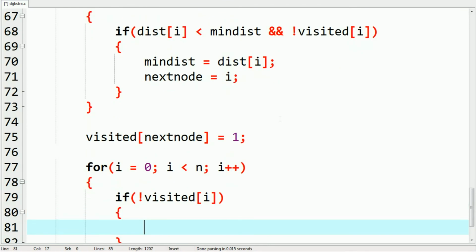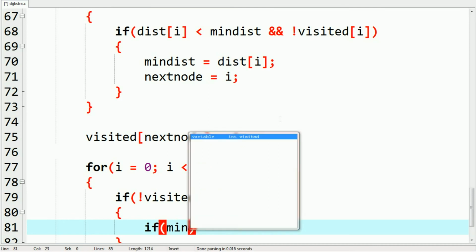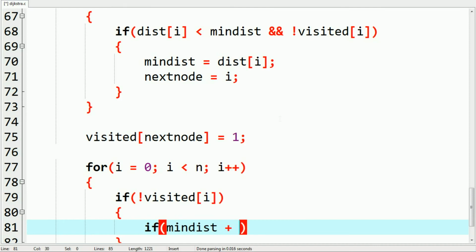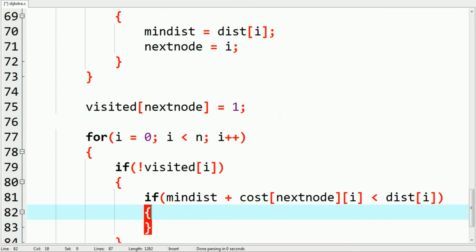Then if the distance thing, that is if minimum distance plus cost of next node i is less than the current distance it has, then what we'll do,